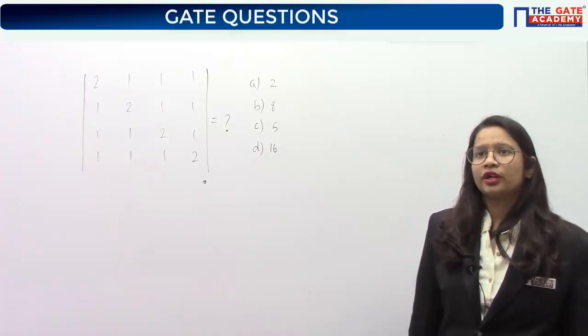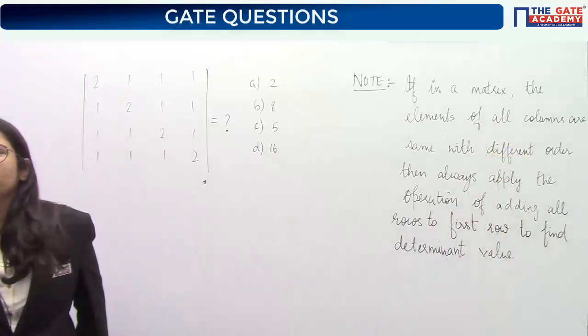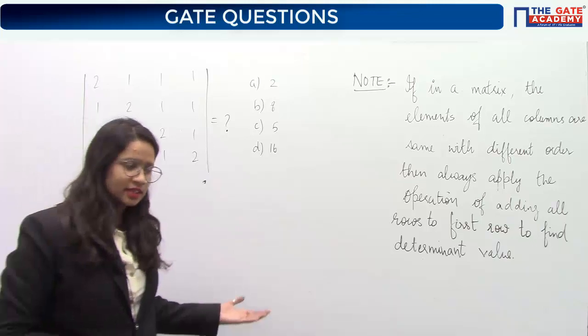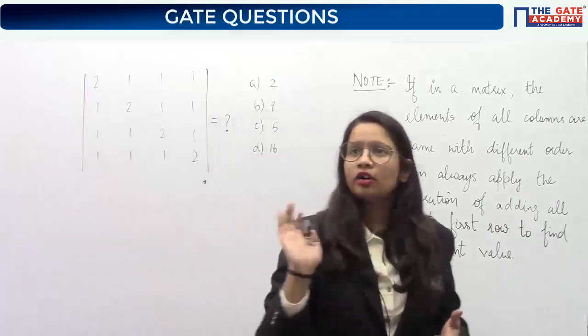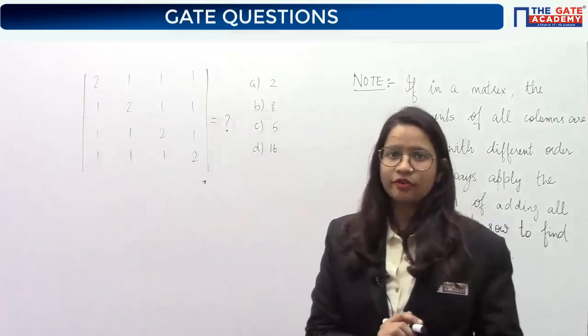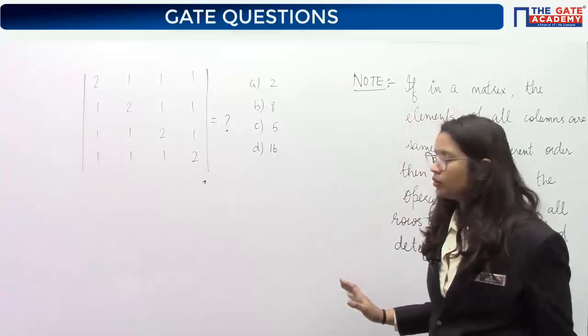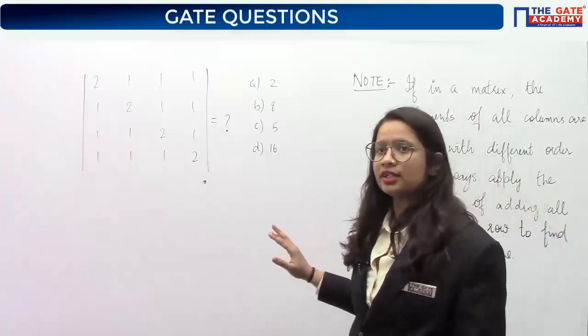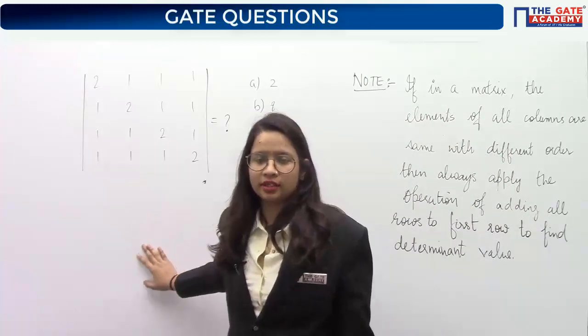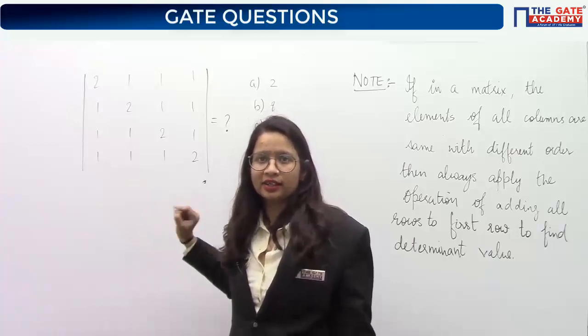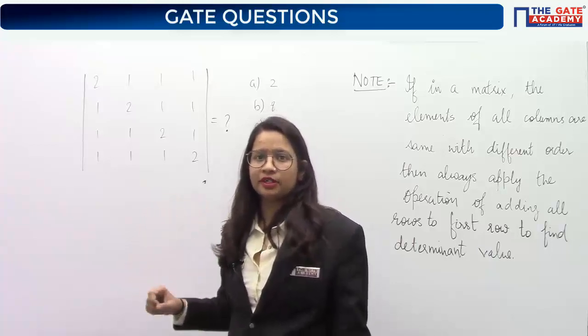So how many of you can find that? The determinant calculation for this matrix is also very easy. All of you have answered this as 5. Good. But I would tell you that determinant calculation is like a 2-step question. This is a 2-step question. I can get the answer in the next step itself.